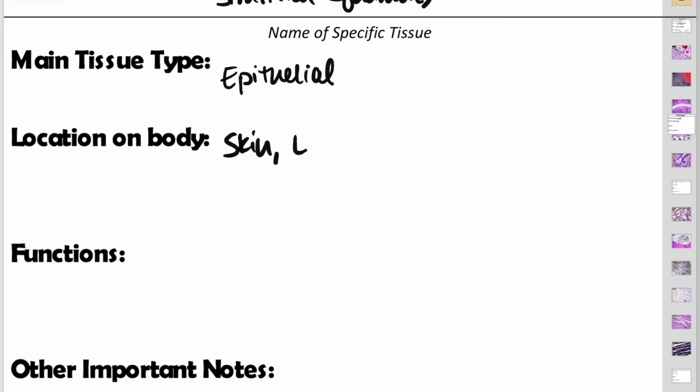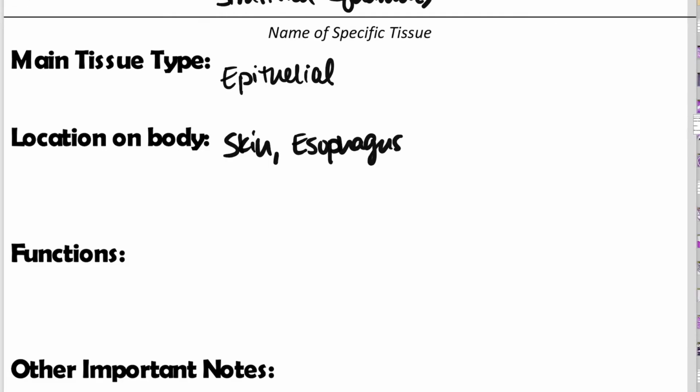And where you have stratified squamous actually are very obvious as well. This is epithelial again. So think about where you have lots of friction. So we talked about, obviously, your skin, your esophagus. Now remember, don't mistake, it would make sense for your stomach and your intestines to have that as well because food's passing through there too, but we need the mucus in those organs more than we need the many layers. So the inside of your cheeks do,